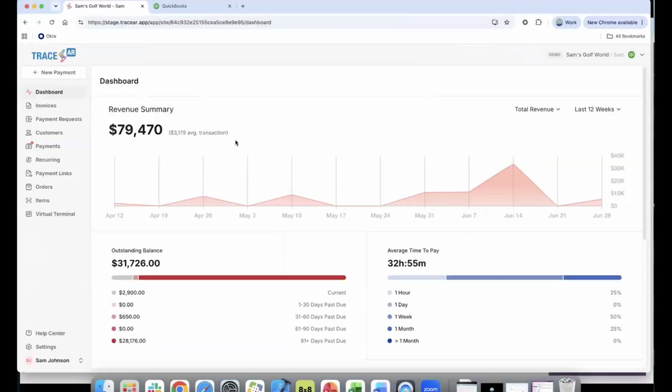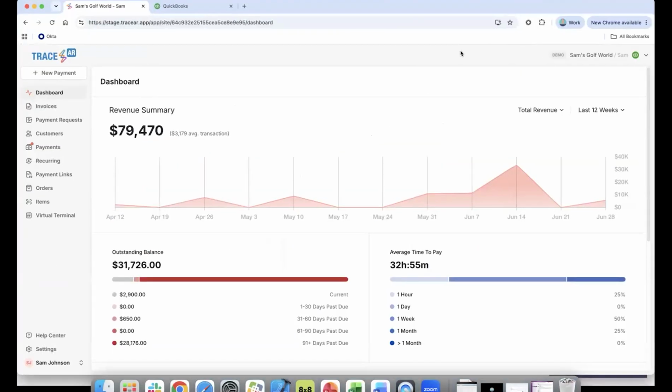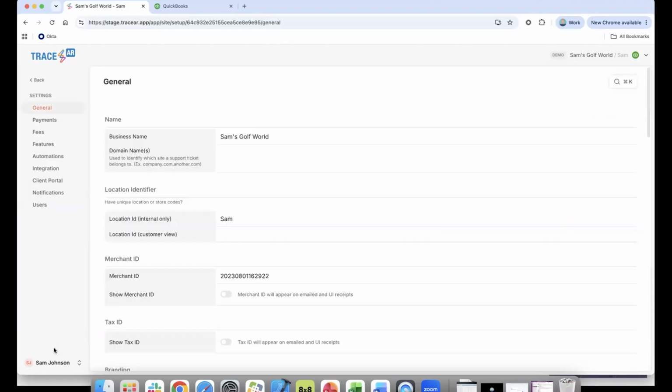So let's go ahead and pull over into our dashboard here. What you're seeing here is my Trace AR account. Trace AR is PayTrace's platform that you can log in on the internet, and this is my dashboard. I have a lot of tools that I can do standalone from here. But the reason why I've got this pulled up is because I want to showcase what the integration process looks